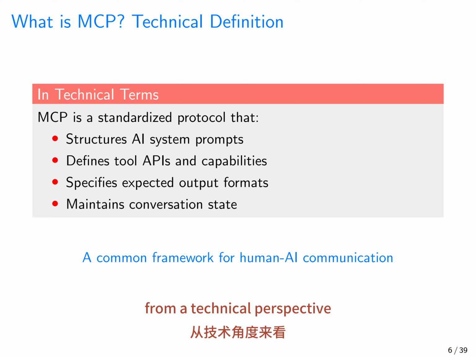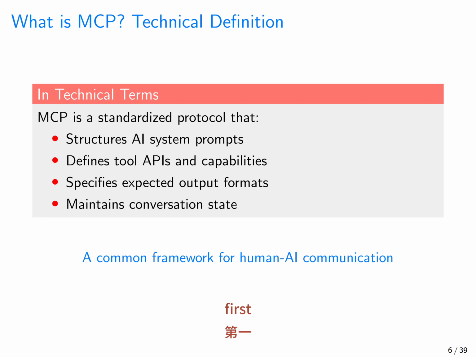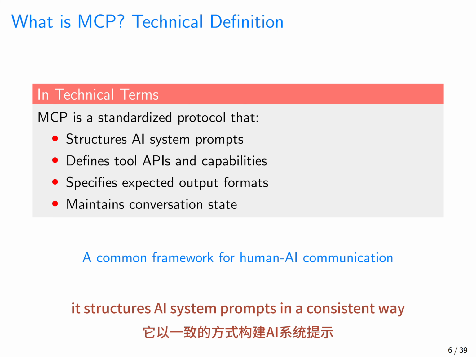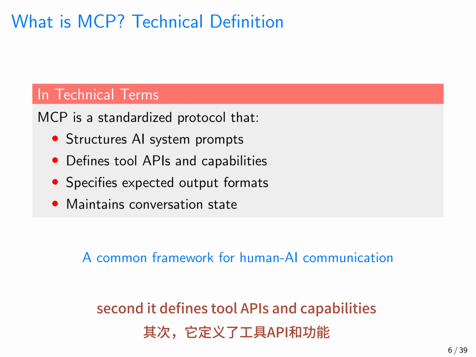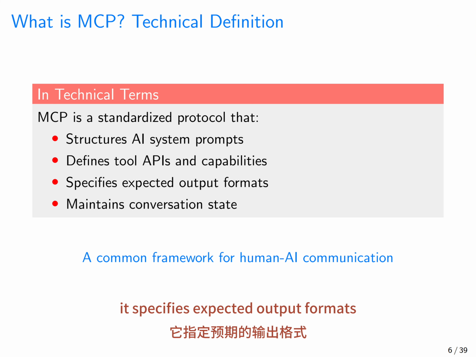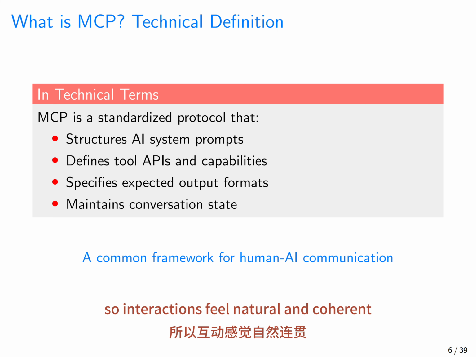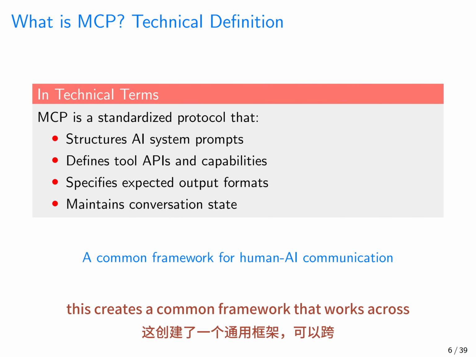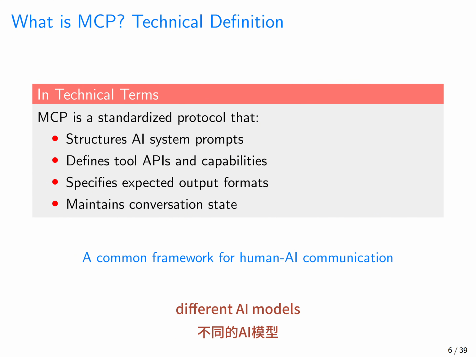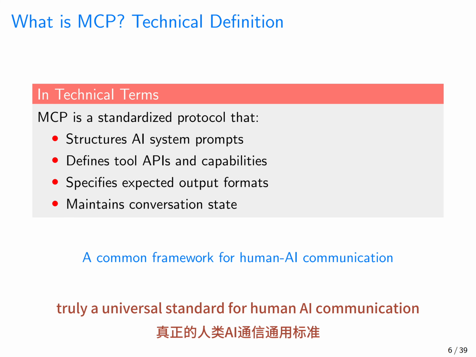From a technical perspective, MCP is a standardized protocol that does 4 critical things. First, it structures AI system prompts in a consistent way. Second, it defines tool APIs and capabilities that extend what AI can do. Third, it specifies expected output formats so responses are consistent. And fourth, it maintains conversation state so interactions feel natural and coherent. This creates a common framework that works across different AI models, different companies, and different applications, truly a universal standard